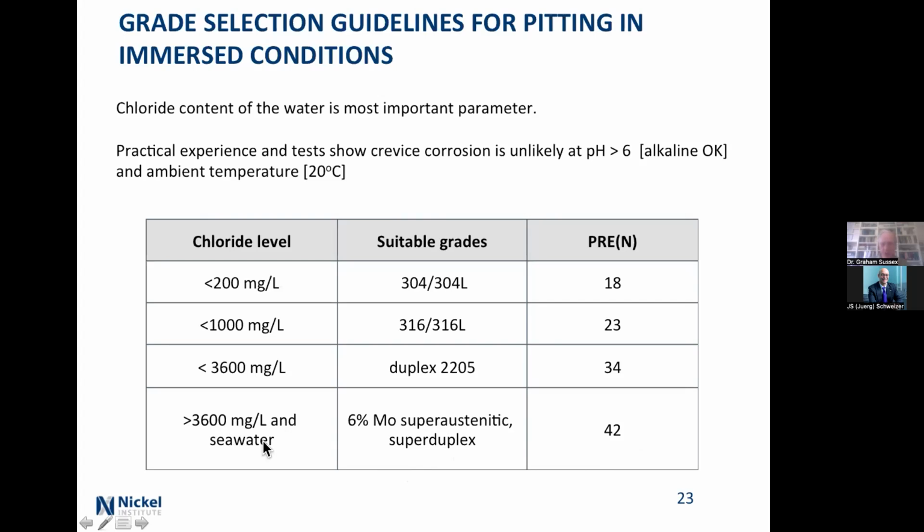Note that this is for near neutral pH and ambient temperatures. And ambient, we quote 20, but 20 to 25, something like that. And talking about alkaline or variations in pH, typically people will say, well, between 6 and 8 is about neutral. But if you're pushing it, then you need to think about it a bit.